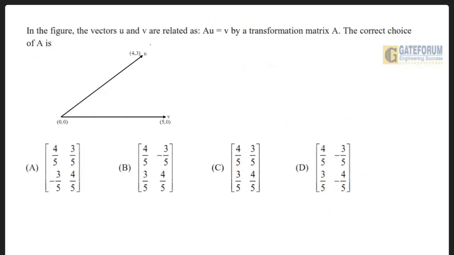The vectors U and V are related as AU equal to V by a transformation matrix A. The correct choice of A is, here a diagrammatic representation is there. V is horizontal, U is sloped. Four options A, B, C, D are given, 2 by 2 matrices. This is from engineering mathematics, from the topic linear algebra, subtopic basics. The solution is